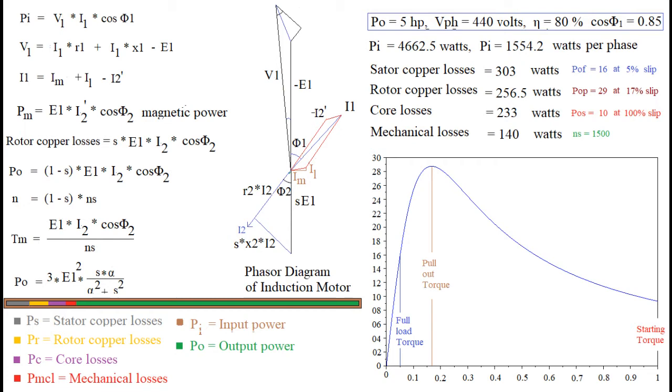The only power loss component that appears on phasor diagram apart from loss components accounted so far is rotor copper losses. If we deduct rotor copper losses component from magnetic power, then we get mechanical power. If we observe the expression for Pm, then we see that expression is very close to rotor copper losses. Only we have to replace E1 by S times E1. Further, since value of slip S lies between 0 and 1, S part of magnetic power is rotor copper losses and remaining 1 minus S part is mechanical power output.